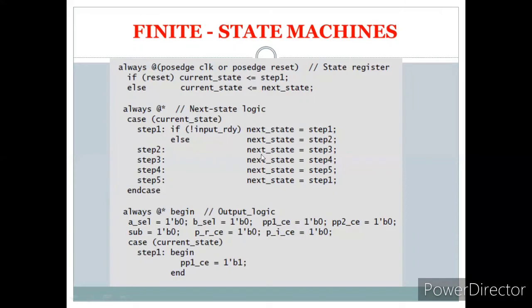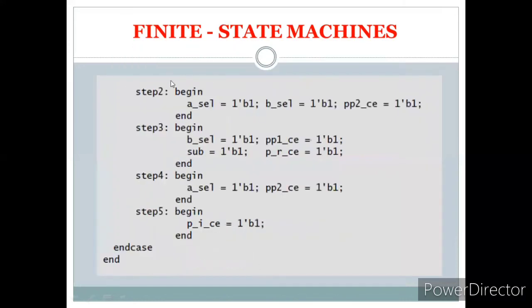Now let us see the current state. What is the current state? Partial product 1 chip enable is activated. Then at step 2, if you observe, A is 1, B is 1, and chip select 2 is activated. And the third, most important thing you can observe here, subtract is activated from that control sequence path. And the fourth, the remaining partial product is activated, and the fifth, the imaginary partial product chip enable is activated there. End case, and that is the always block. Now we have seen the activation of the signals. So like this, the operation is being carried out.